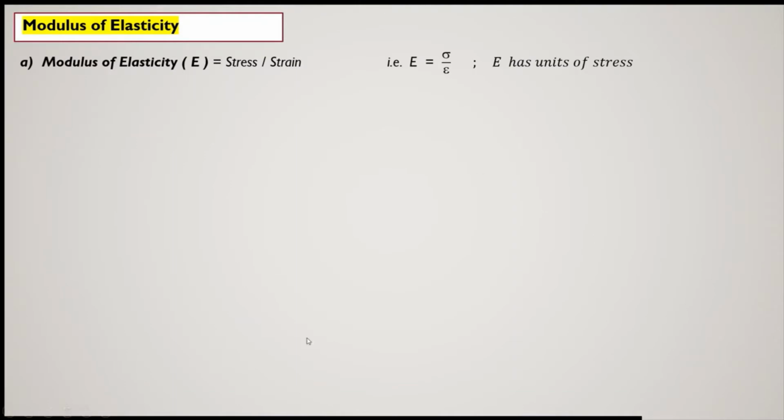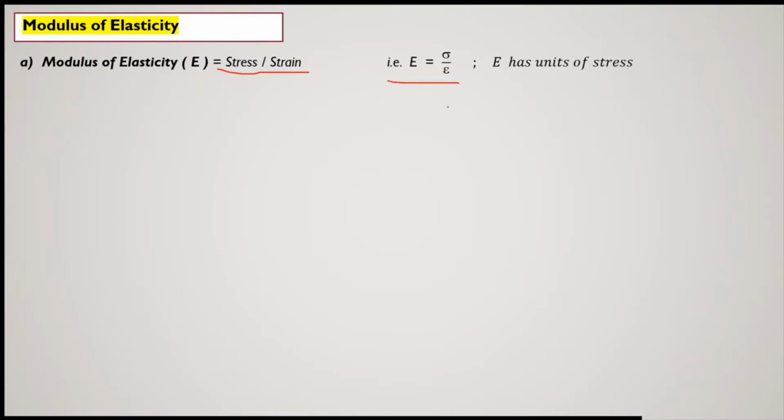Now, modulus of elasticity, which is the property of a material, and which we have gone through, is stress upon strain. That is, when stress is applied, some strain is developed. Then how can you relate the stress to strain within the elastic limit? That is basically the property of the material, which is known as modulus of elasticity.